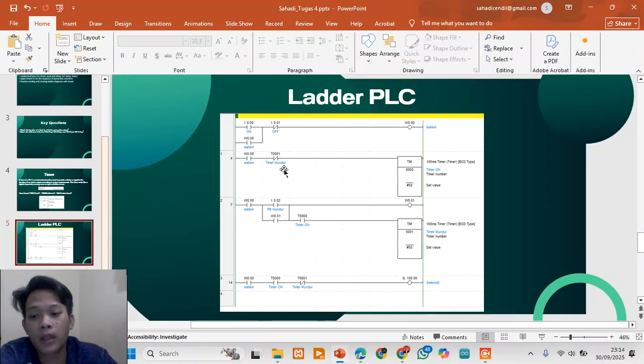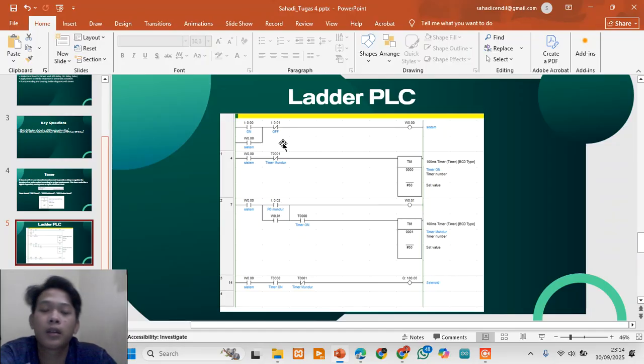And in rank 2, the forward timer logic. We have a start button. Once the system is on, the forward switch is activated.